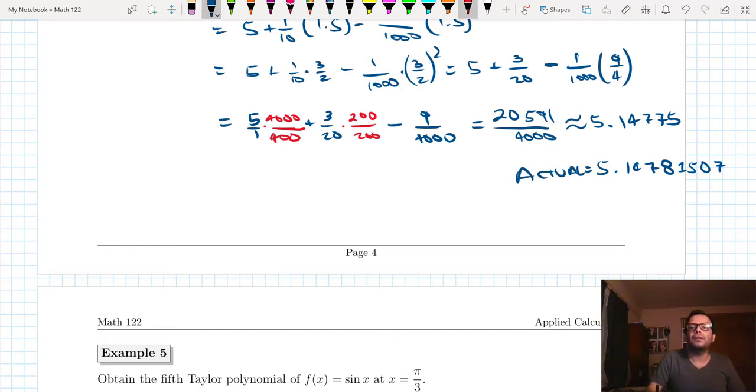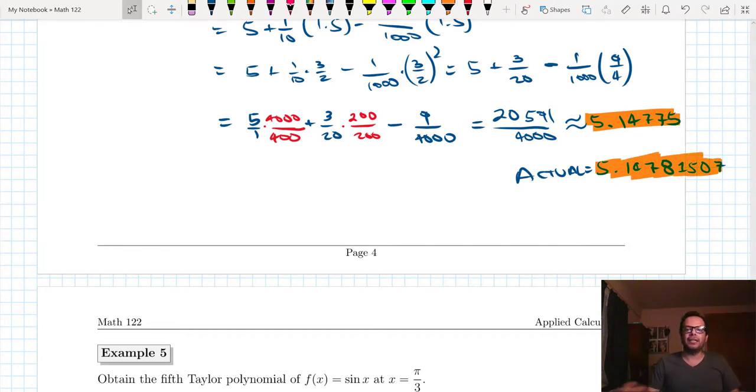The actual. So highlight the approximated value, highlight the actual one, and let's